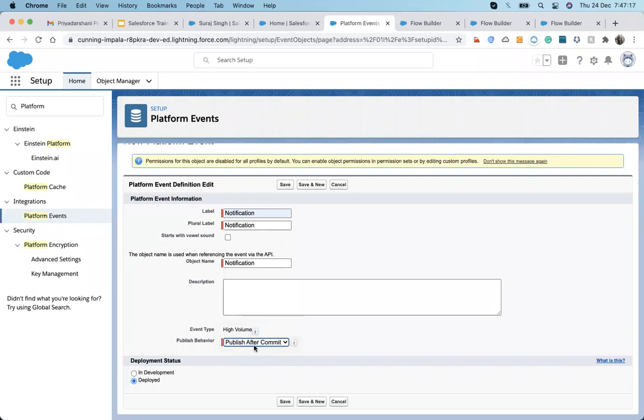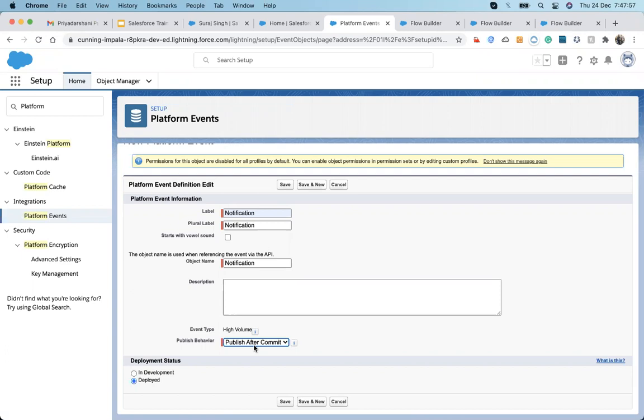Those are the two things. Publish after commit means that suppose I make changes on a record and update some field. It's usually done with triggers or Apex code. So we are usually using that to generate the event. We write a trigger or Apex code in which we send a platform event notification, generating the broadcast message.